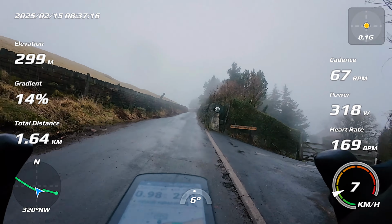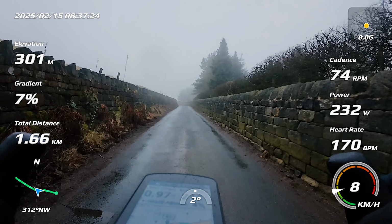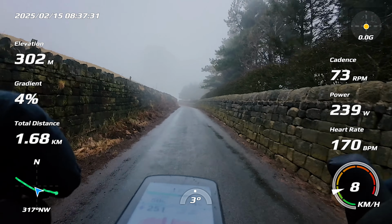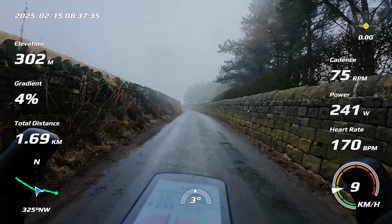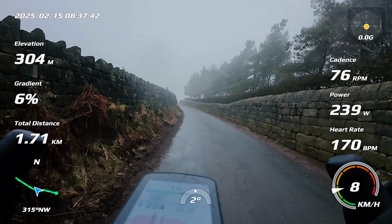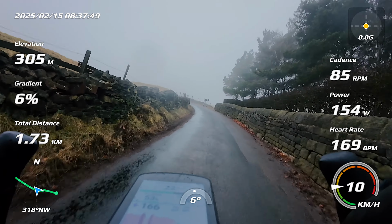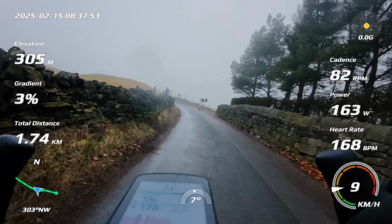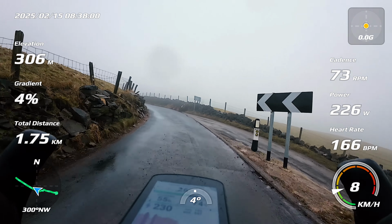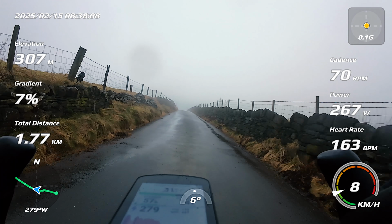That was horrible. I don't know what stats were going up there. Fuck me, that was hard. At the minute, max power that I put on this ride is 647 and 179 max heart rate. But anyway, it'll have all come up on the overlay video, which will be a link to